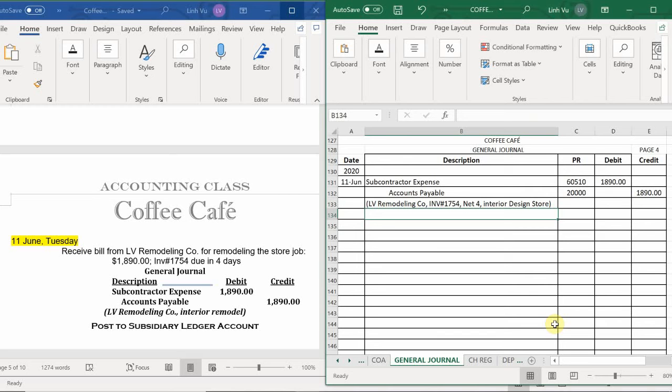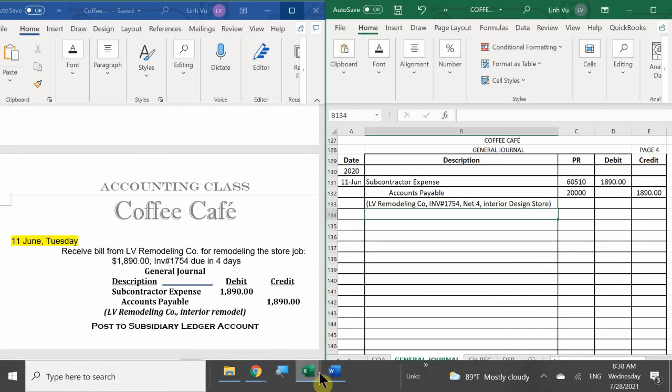The most similar thing you could do is get a quote. But you wouldn't really use purchase orders for services. You would mainly use it for assets. There you go. Now that we finished our journal,